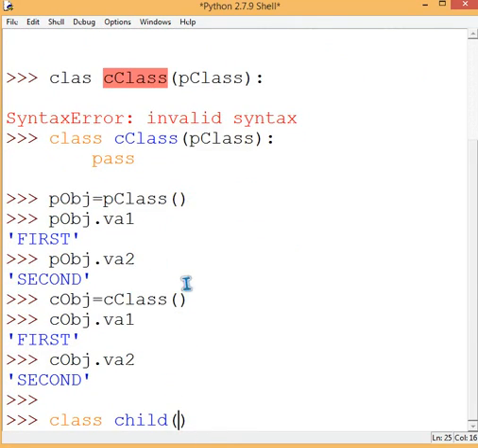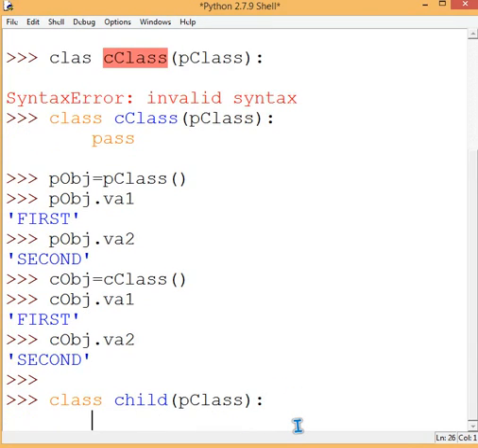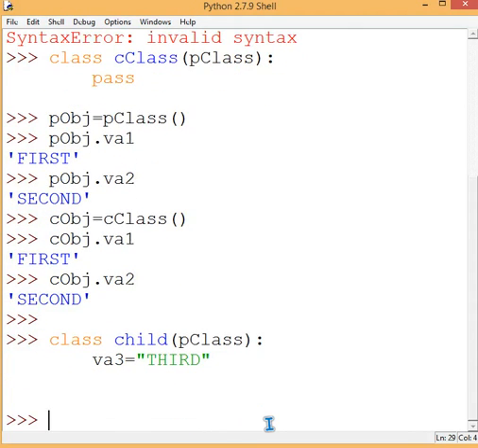And I will define a third variable, va3, which will have the string third. Then I will make a child object, say cob.